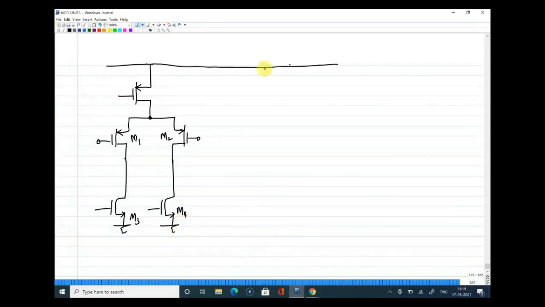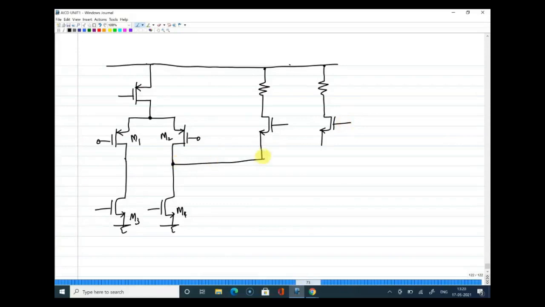But this is not the end. We have one more branch here where you have two more transistors connected, and your output is actually taken from this branch. So output is actually taken across this. I'll mark this as Vout. Let me mark the resistors as RD here. Don't get scared while looking at the question after drawing the equivalent circuit.